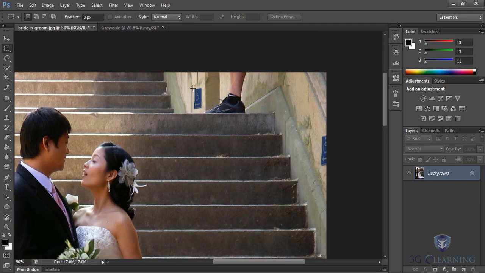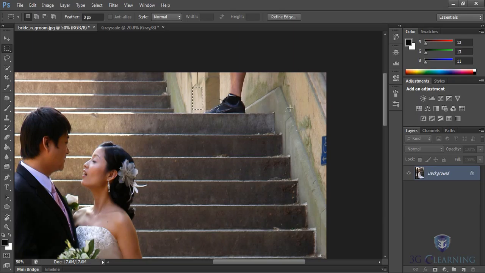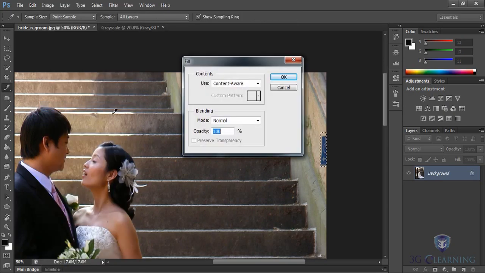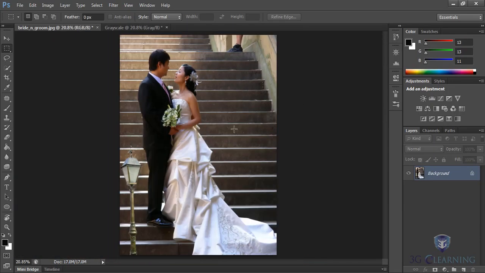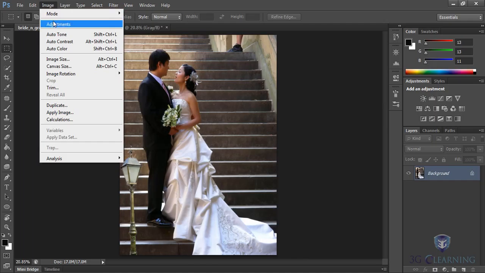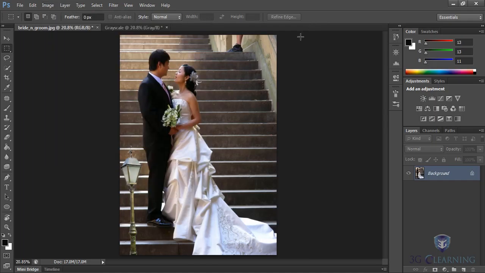Same thing over here. Edit, Fill, still on Content-Aware. I can try it. Not sure how it will do. So magical. There is a little seam there that I could fix with the Clone Stamp tool, but let's move on with the intent of this exercise. So instead of using Image Adjustments, Black and White as the dialog suggests,